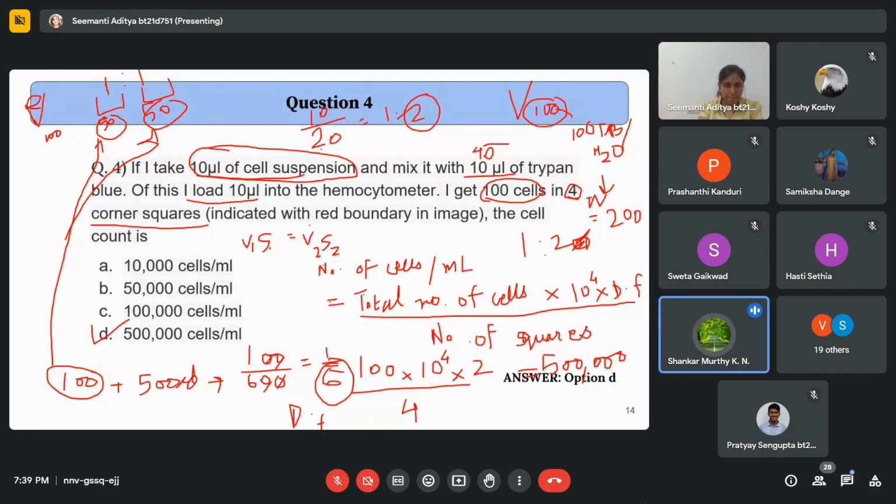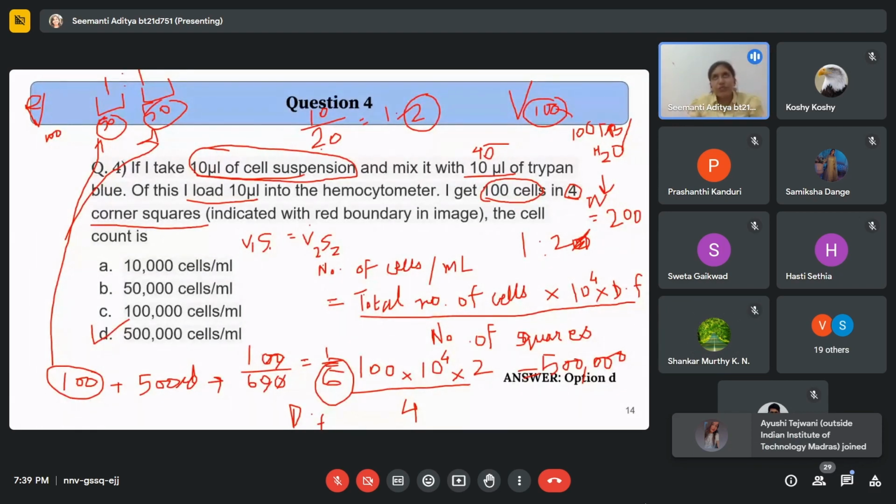Madam, can you explain the seeding density according to 96 well plate, 6 well plate, 48 well plates, if any standard guidelines? Standard guidelines is like, if you are seeding in very small plates, 96 well plate or 48 well plate, those wells are really small. So what we prefer to do is we don't